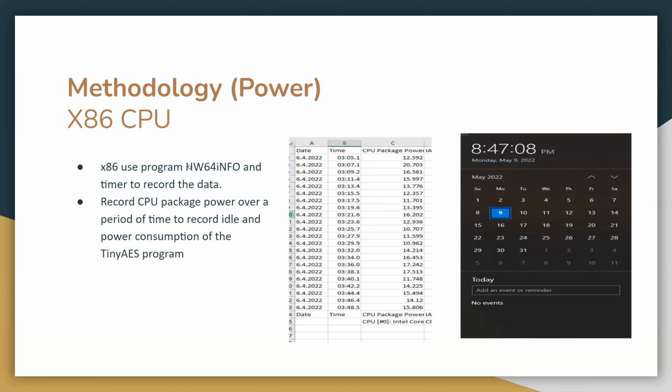To do this, we are using a program called XW64infos. This is a program to measure a wide range of different sensors in the computer. So what we're doing is we start a recording of the XW64infos program, and then we time the moment that we start the program. We're just taking the current time. As you can see right here,